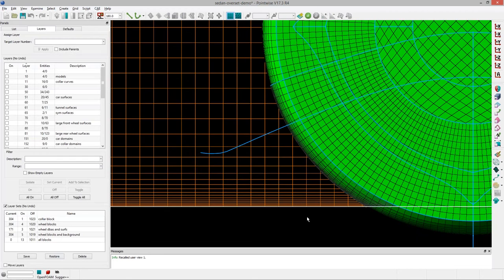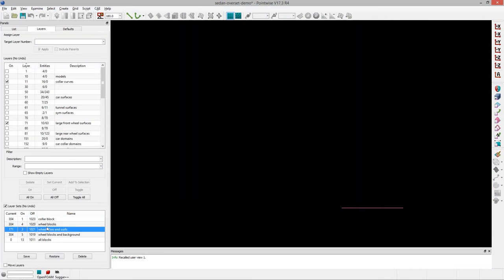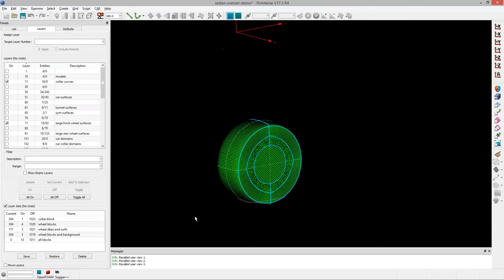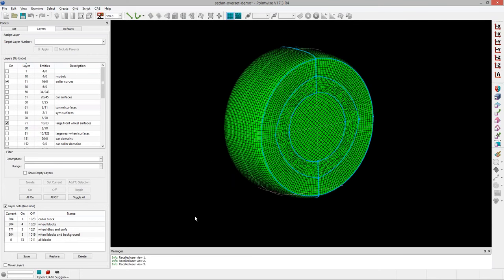And so to demonstrate that, what I've done is I've brought in the front wheel. I've actually pulled it out of the overset assembly and brought it back in. So we could imagine we've meshed this in another instance of Pointwise. I've got my overlapping surface meshes and my overlapping volume meshes. Maybe we've changed the weight of the vehicle and we need to re-intersect this wheel with the ground plane and regenerate that collar block. And again, that's all we would have to do for this assembly. So I've already intersected it with the ground plane. What I'm going to do is create that collar block.